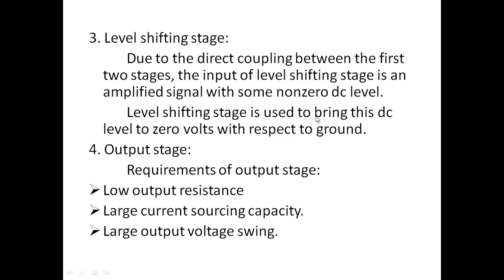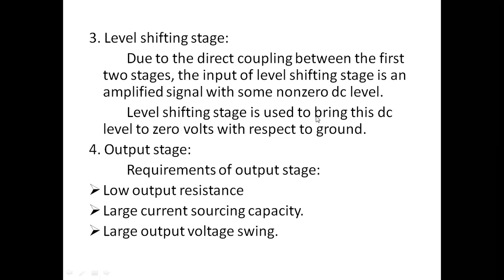The input of level shifting is amplified signal with some non-zero DC level. So we can use the level shifting stage to bring that level to 0 volt with respect to the ground. Then at the output, we are using the output stage after the level shifting stage,